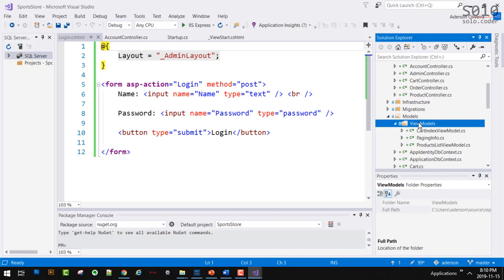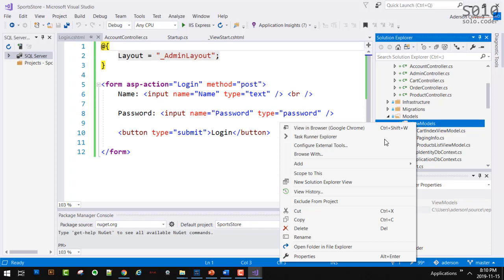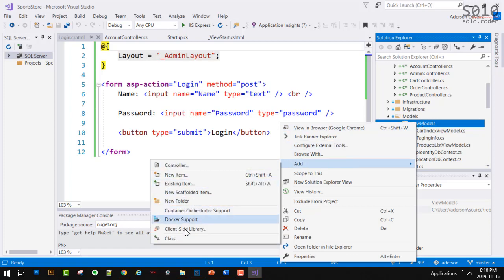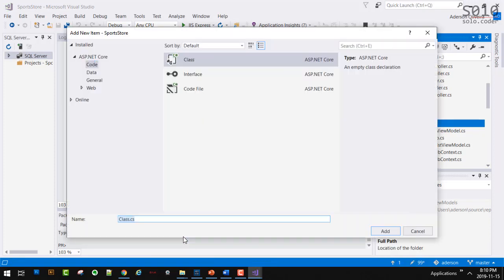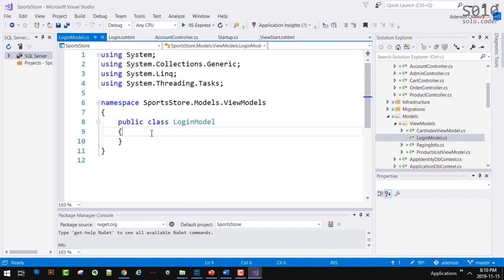It's actually what's called a view model. It's a class whose only objective is to move data between views and controllers. We're going to create a very simple class called LoginModel, and it has two properties.